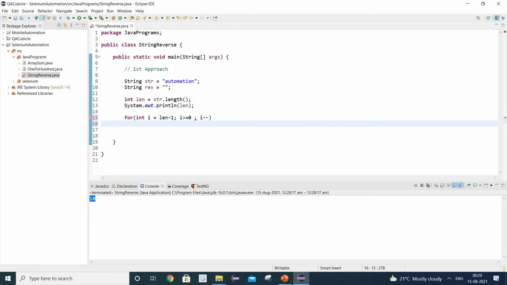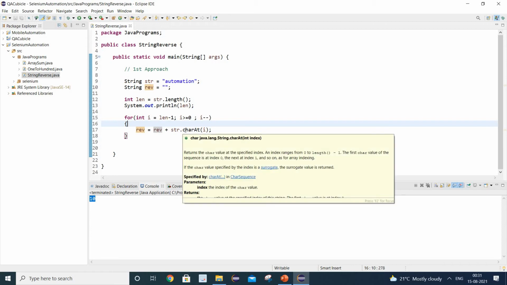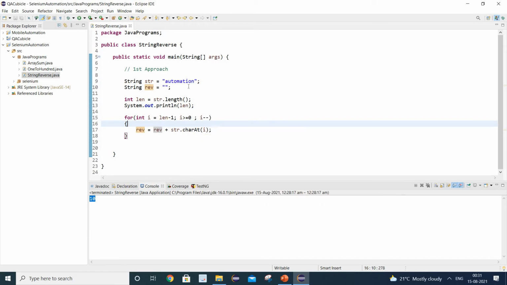Okay, now what we need to do, we need to write str dot charAt, and let's store this value inside our empty string. Right. So what will happen here, once the loop starts, the value of i is length minus 1, which is 9. Okay, and it is greater than or equal to 0. So the control comes inside this for loop, and here character at i means the value at the 9th index, which is N here, it will be stored in our empty string.